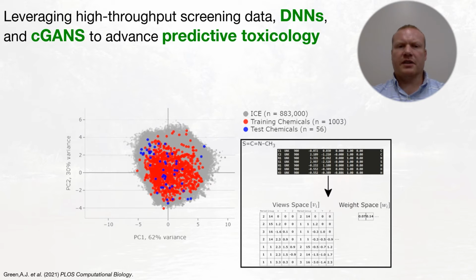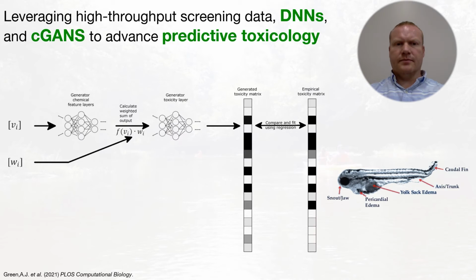Now, to fully leverage the chemical and toxicity data in our database to make toxicity predictions for untested chemicals, our analysis utilized a novel algorithm developed to map and vectorize 3D chemical structure that was originally created for use in material sciences. This method, shown in the box on the right, converted the 3D structural information from PDB files into a weighted set of points that retain all the information about the original chemical structure. This structural information was used as input to train 2 types of neural network generators.